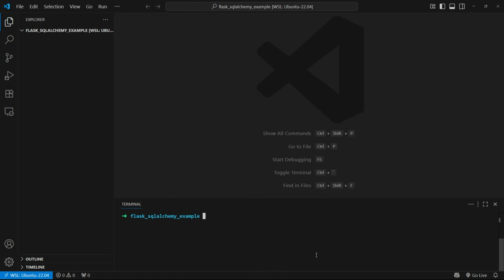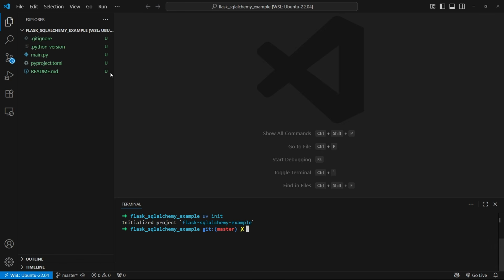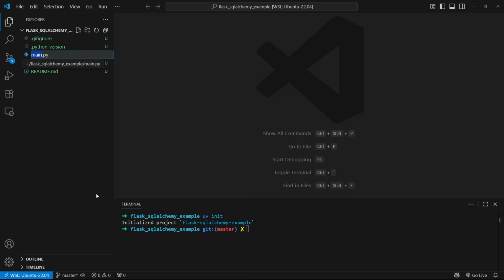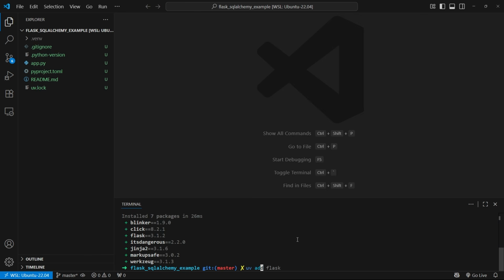Okay, so to get started, I have an empty project here. The first thing I want to do is uv init. This will just create everything I need to install things. I'm going to use a file called app.py instead of main.py, so I'll just change the name of the file. Now I want to install the two main things that I need for this video. First I want to install Flask, of course, so I'll do uv add Flask. And then I'll also do uv add